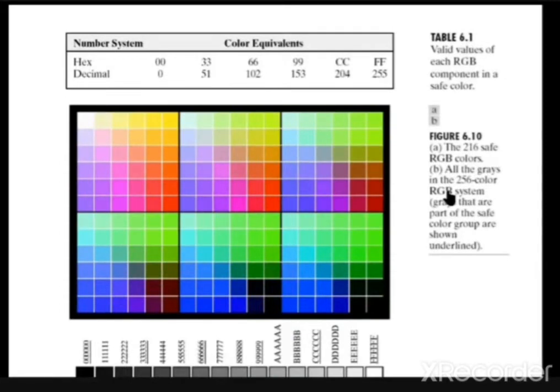These colors cannot be produced consistently, and it is even very difficult for human beings to identify 2 raised to 24 number of colors. That's why we use only 256 colors, and we use these 256 colors as the safe colors. These 256 colors can be easily identified by human beings and can be reliably produced by any of the systems. Out of these 256 colors,